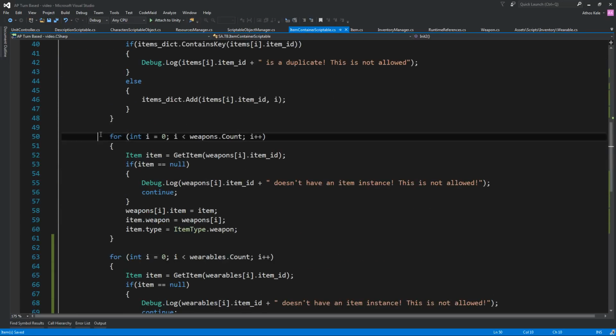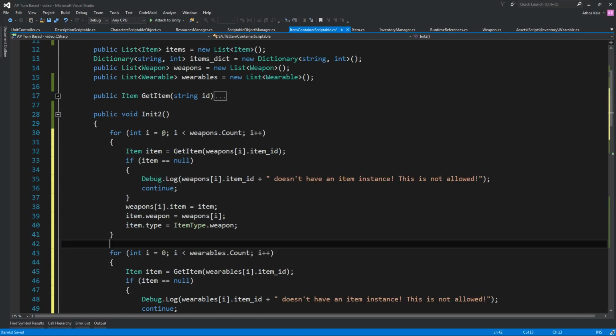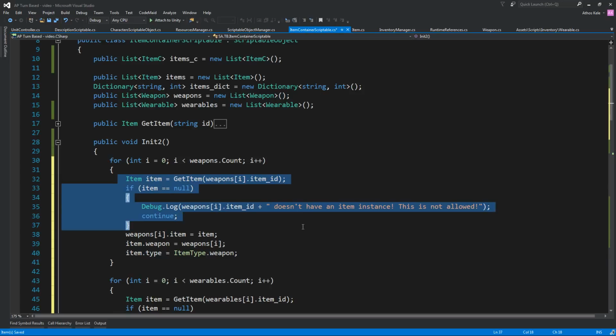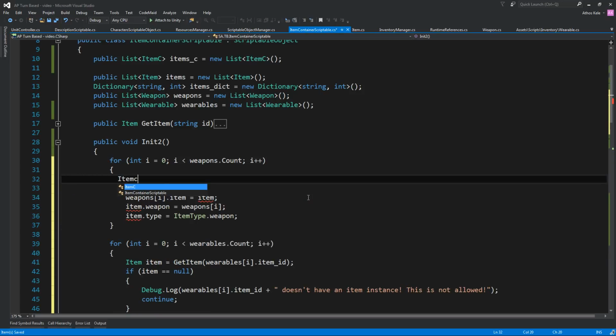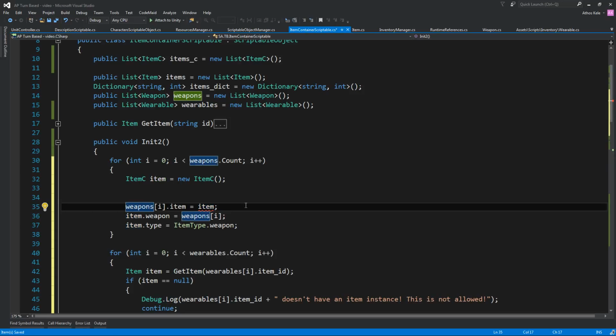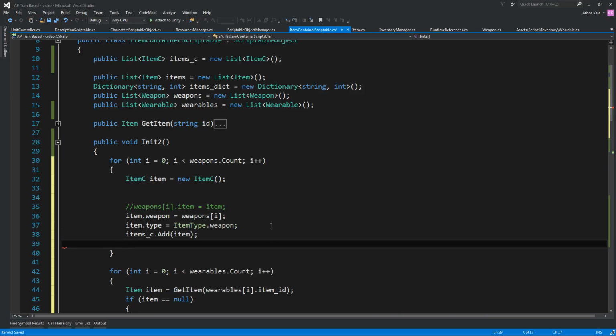Obviously don't write this. Let's take all of that, all of this, drop them in here, and what we're going to do now is we're not going to be using the get item, we're going to be creating a new item, items C, new item C. Of course we need to skip this part, this item, and over here we're going to be adding items C.add item, and on the dictionary items dictionary.add